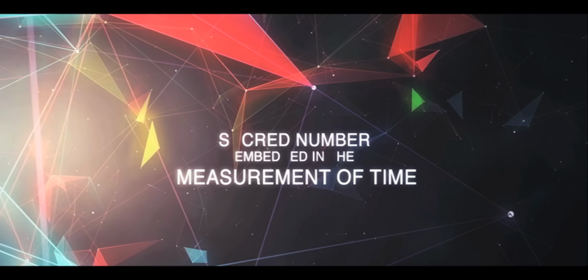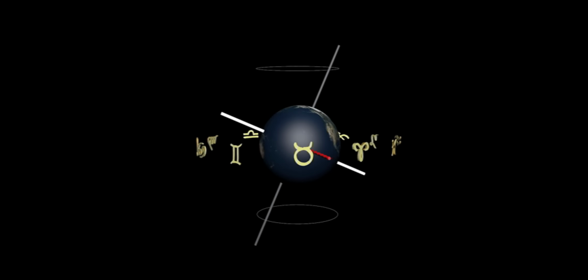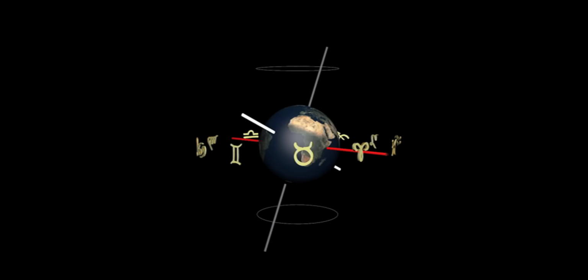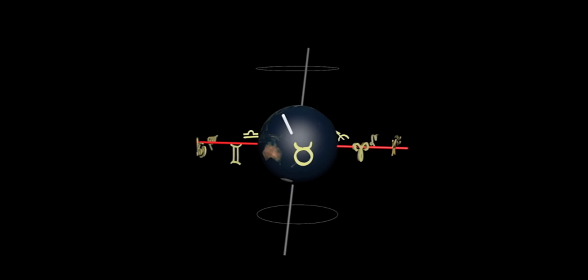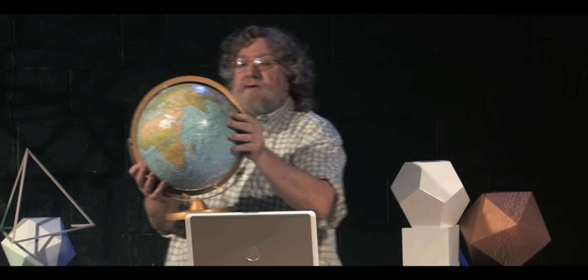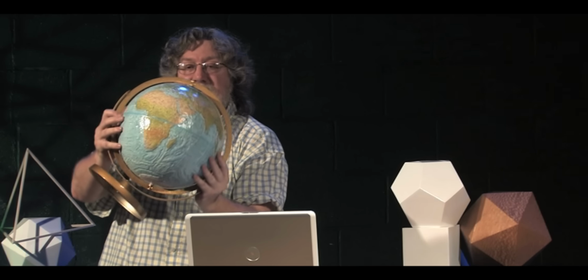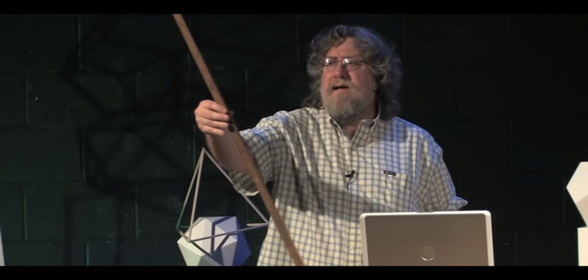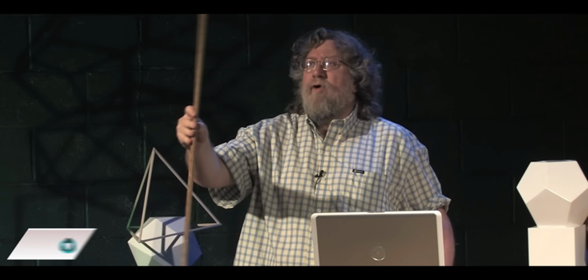Okay, so now we're going to talk about time measures. The first thing we're going to look at is astrological time cycles. I don't know how many of you have studied astrology, but in this particular scheme of time, the total duration of the precessional cycle, which is 25,920 years, this is the motion of the Earth on its axis like this, or you could think of it like this. The axis of the Earth actually forms sort of an hourglass motion, a long, slow period of rotation.